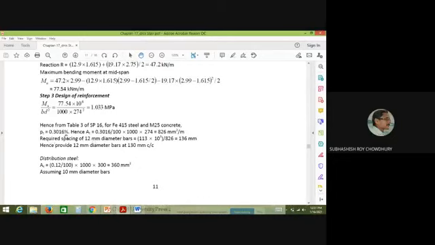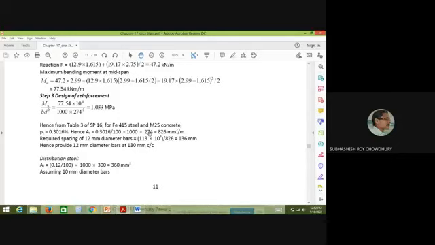This is the percentage of steel, 0.3016. From that, this percentage of steel has been converted to the steel you are providing per meter width. Then if you consider a 12 millimeter diameter bar, the spacing will be 136 millimeter. I think you have designed the slab, you know this one. So the percentage of steel will be converted to the area of steel per meter. Please try to understand, this is 0.3016 by 100.